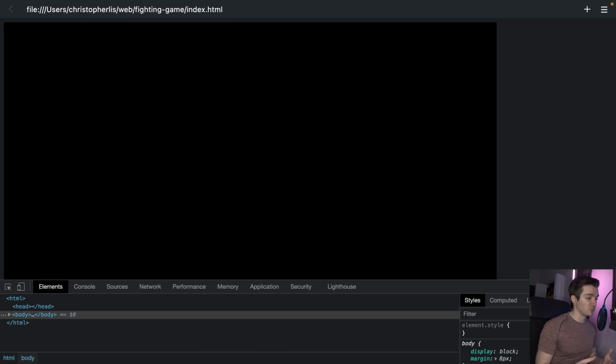And I'm actually using a browser called Min. It's just a minimal browser that still uses Chrome DevTools. If I go ahead and close out of this, you'll see our background is white, but our canvas is black. That is totally fine to start. We know where our canvas is, we know where our background is. We can begin developing our game as needed because we know our drawing area is going to be this giant